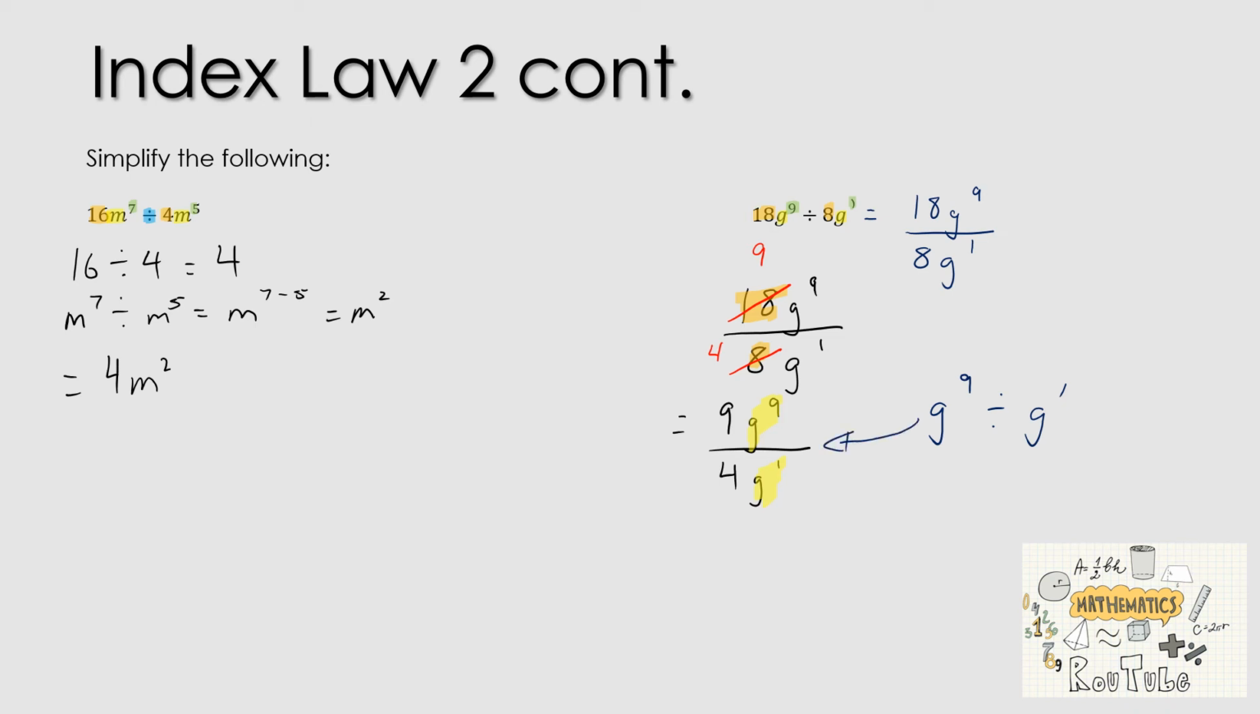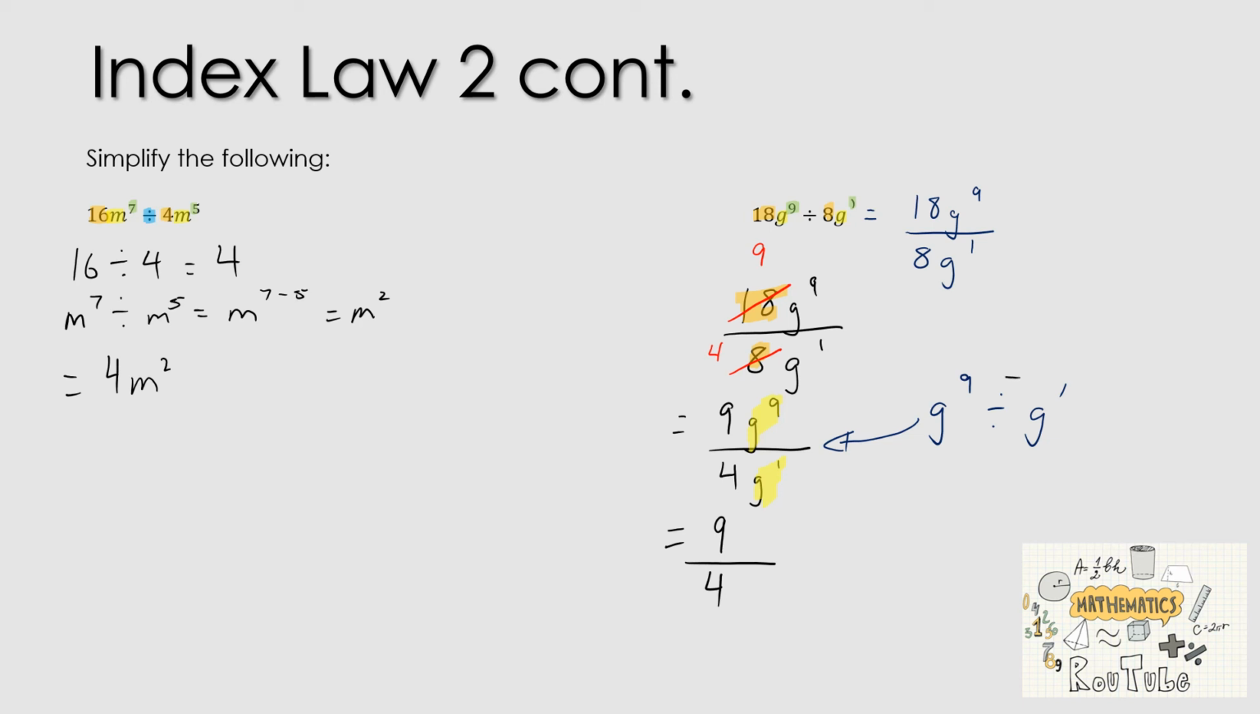Okay, so it's really important, once again, as I said on the previous slide and at the start of this question, the fraction can be written as a division sign, because that line in the fraction is called a vinculum, and that just means divided by, or division. So if we have g to the power of 9 divided by g to the power of 1, we're going to subtract, because it's division. So we're going to have 9 over 4, and then g to the power of 8,